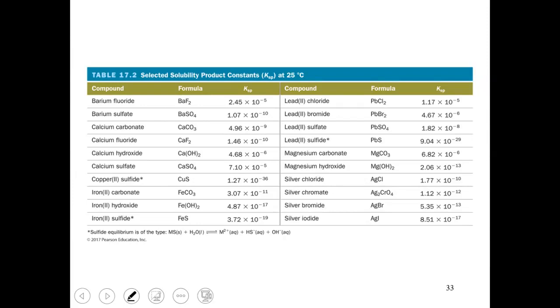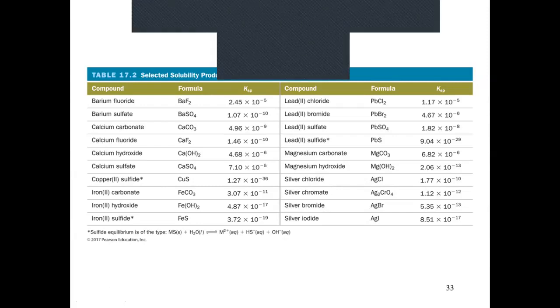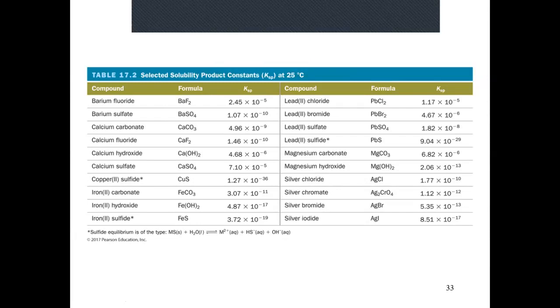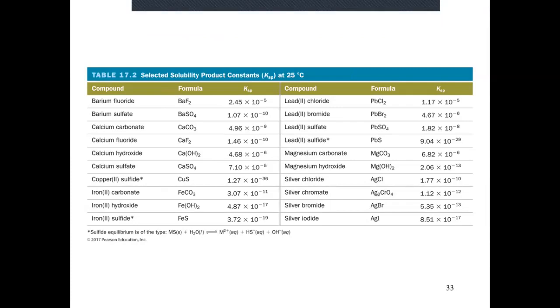They're all very small, aren't they? I mean, look at the one for copper(II) sulfide. Gosh, it's like 10 to the negative 36. Same for the lead(II) sulfide. Although actually those guys are not very stable in solution. They actually decompose further. But you can see that all of these are very small, which means essentially that the typical so-called insoluble ionic compound yields a very, very small number of ions in solution when it's in equilibrium, all